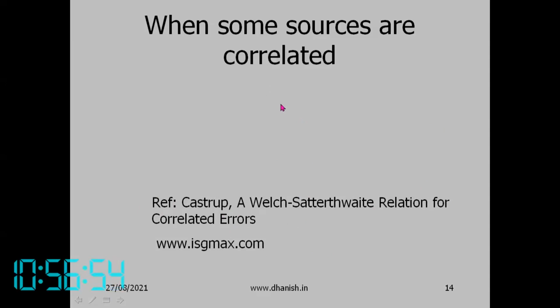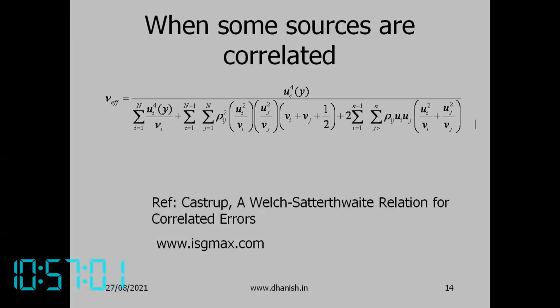And so that is the equation when the sources are uncorrelated. What if they are correlated? Okay, then it becomes a bigger formula. So this term is the same, this term is what you have already seen. Now one more term comes. So this depends on how much is the correlation between the first and second variables.